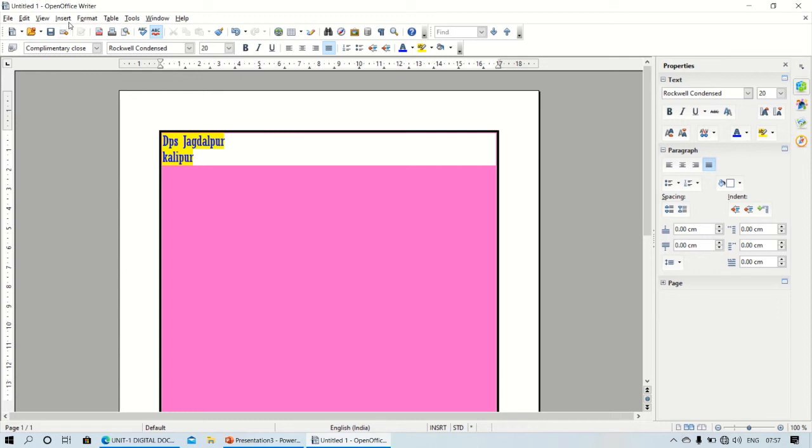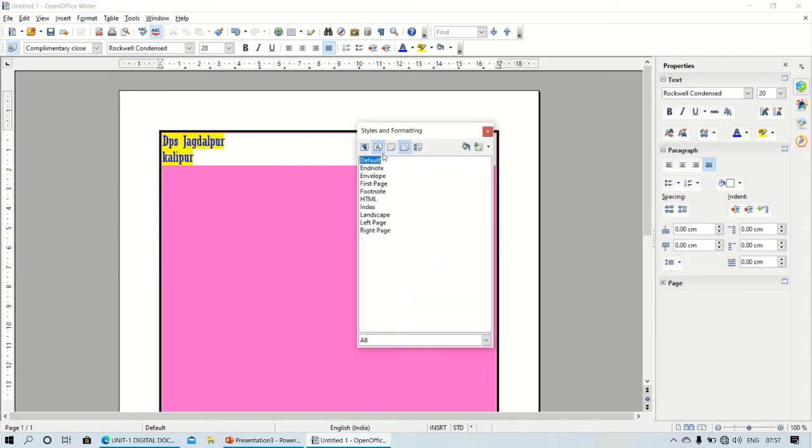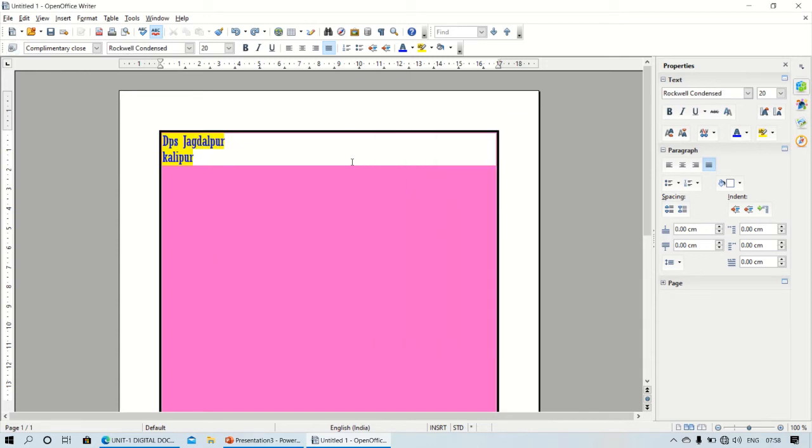Next is, if you want to format, like from styles and formatting you want to change, then styles and formatting is available, and character style is also available. You can change the character as well, whatever the character you want, you need to select it first. And then you need to apply whatever character formatting you want. See, drop caps is there, caption character is there, bullet is there, right? So according to that, I have changed the styles formatting. Okay, this is your style formatting window.